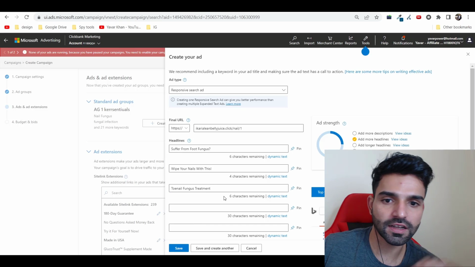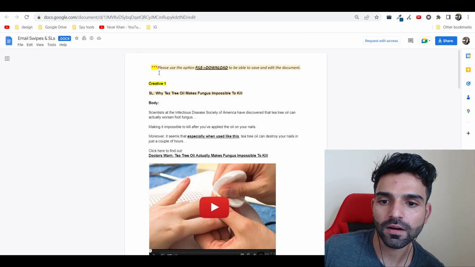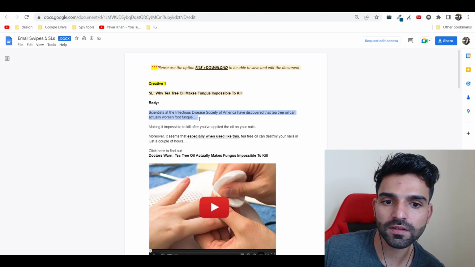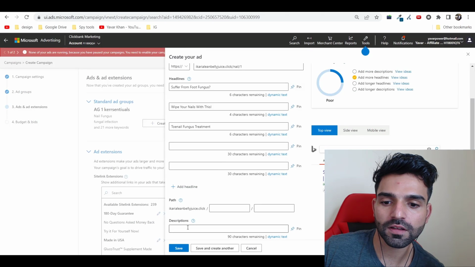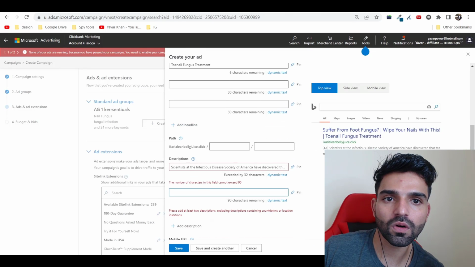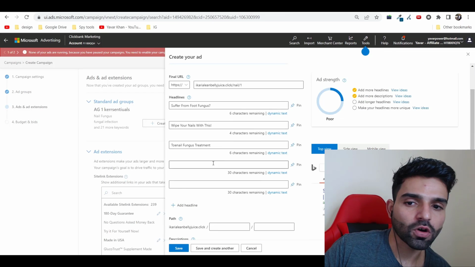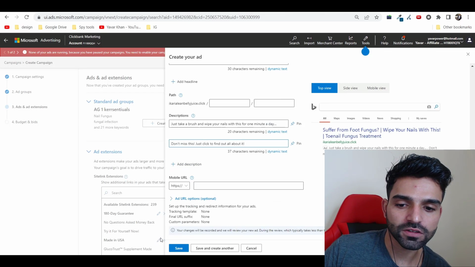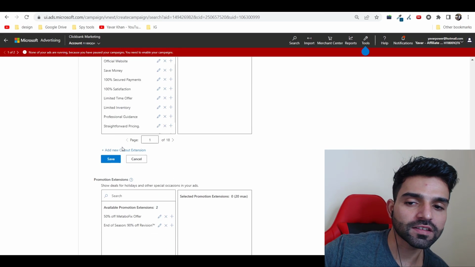Once this is done, then what I could do is just go on the email, just copy this and then just paste it over here as well, and then watch video now. Once I've done that, all the ad copy and everything is in the email. Just go on save. Now I'm not going to show you ad extensions and all of these things,